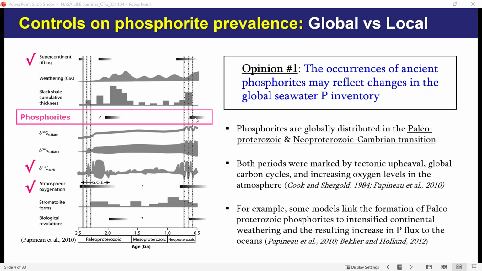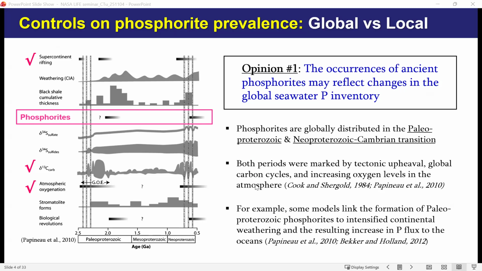Both periods were marked by tectonic upheaval, global carbon cycle changes, and increasing oxygen levels in the atmosphere. For example, some models link the formation of Paleoproterozoic phosphorites to intensified weathering and a resulting increase in phosphorus fluxes to